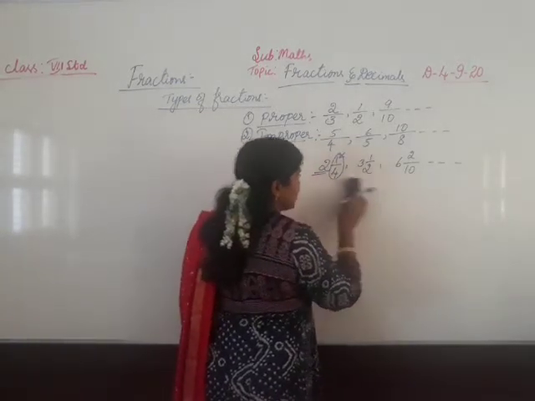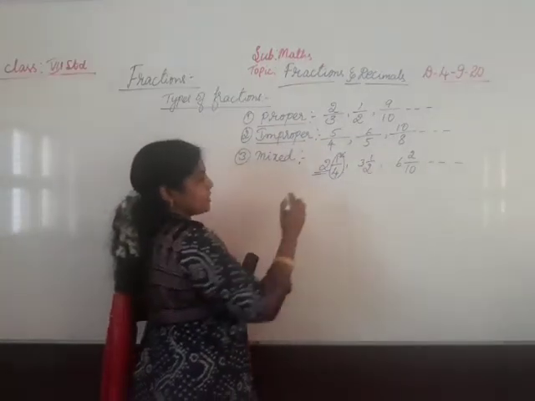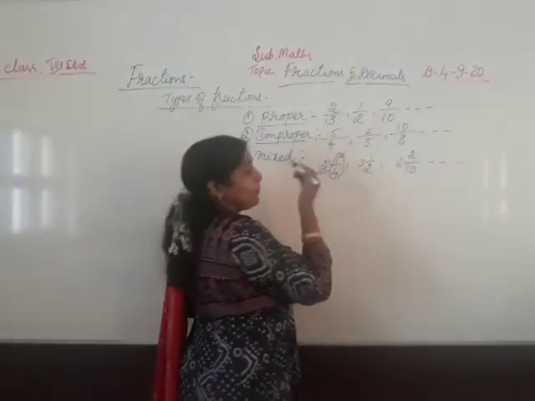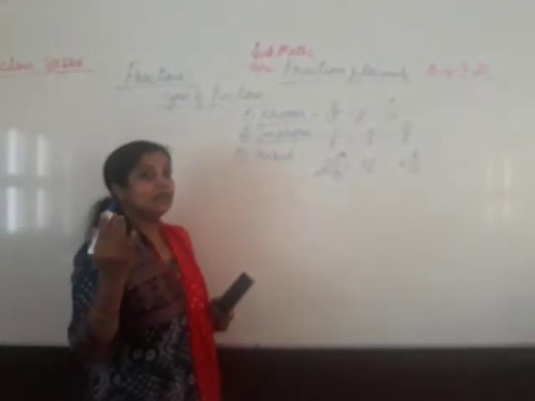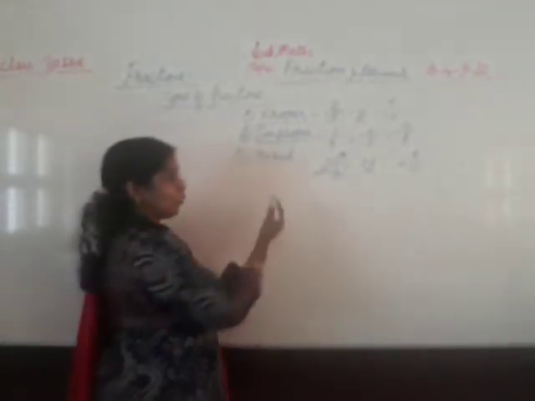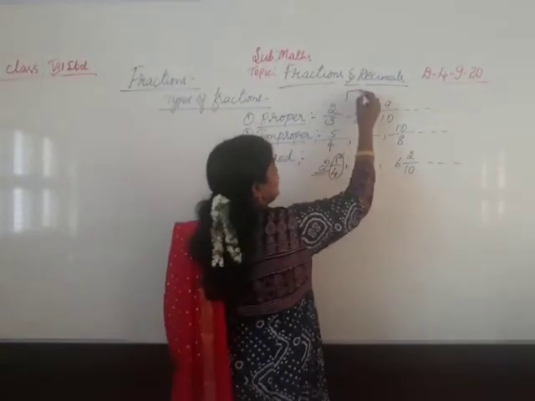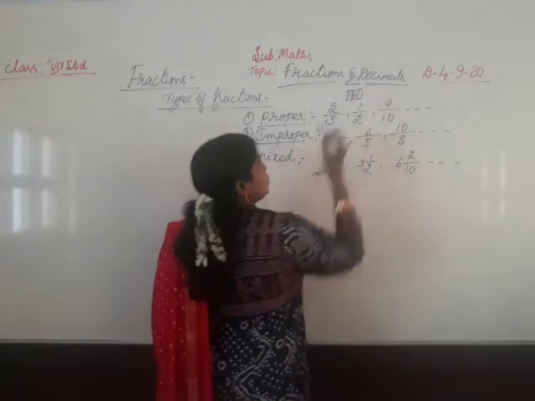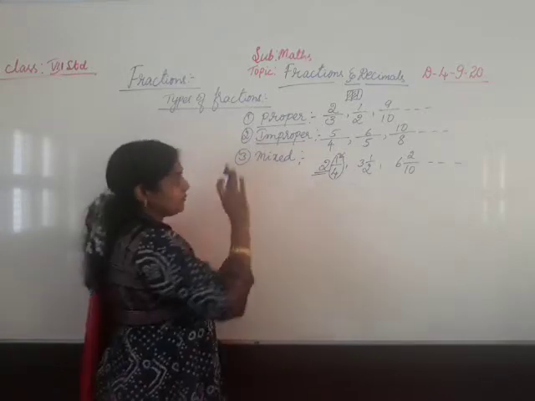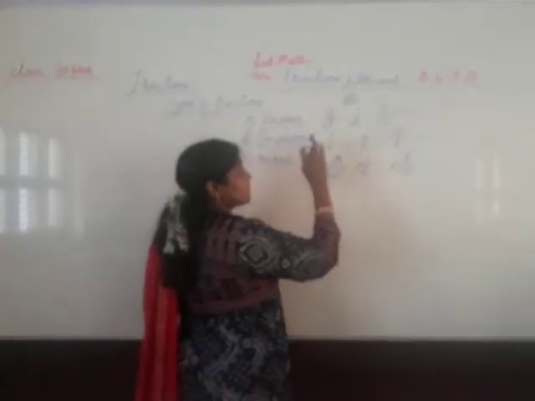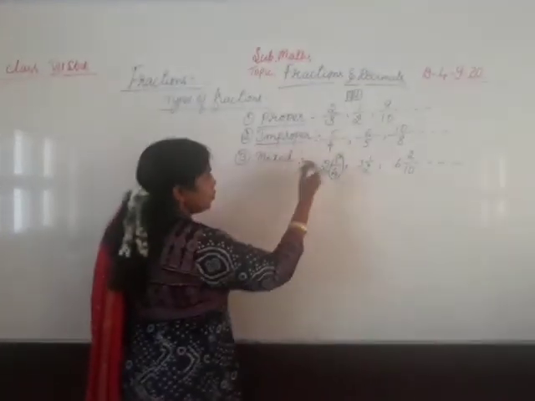It is wrong because always the fraction we are writing with the whole number should be proper. So what is a mixed fraction now? The fractions which have a whole number and a proper fraction together, we call a mixed fraction. How to represent this? 2 by 3 is very easy to represent. 5 by 4 is not possible to express in a figure directly. Just remember that numerators are greater than the denominator. So how to express this?